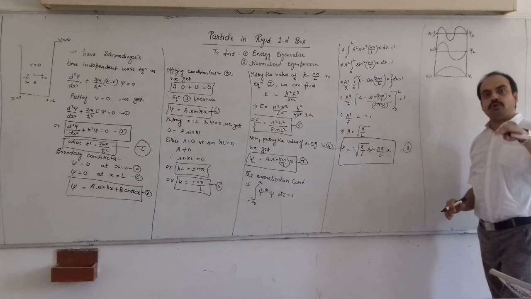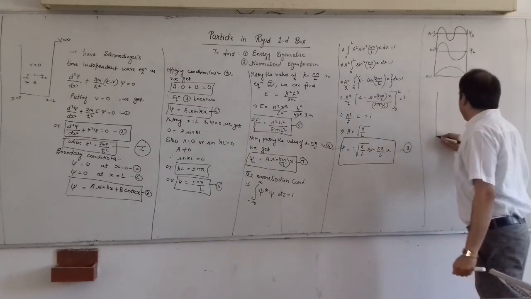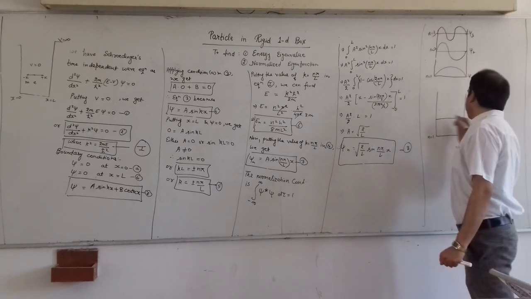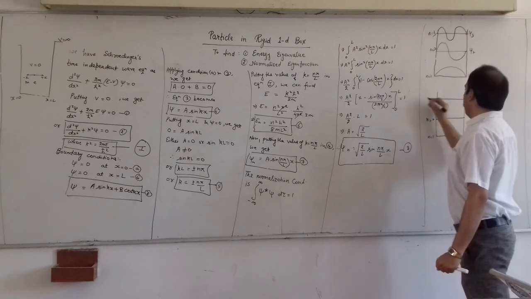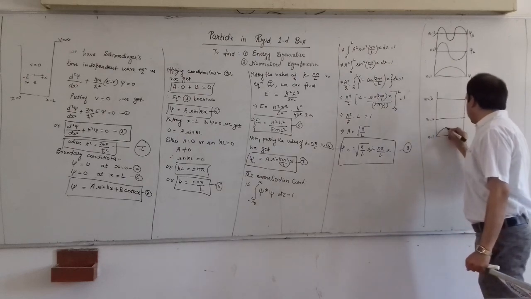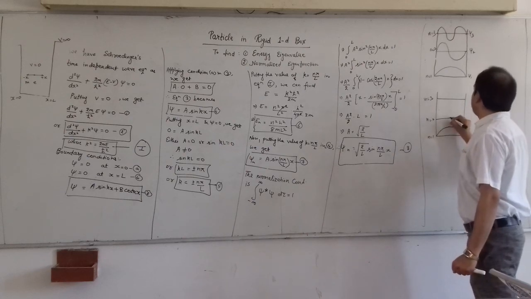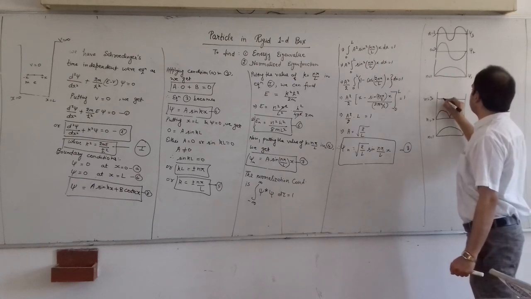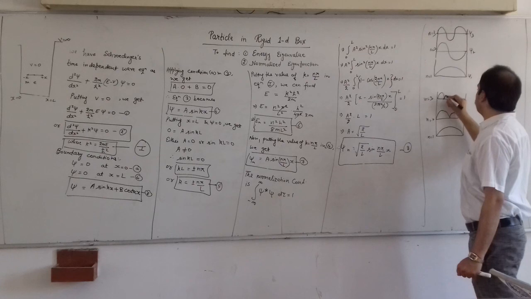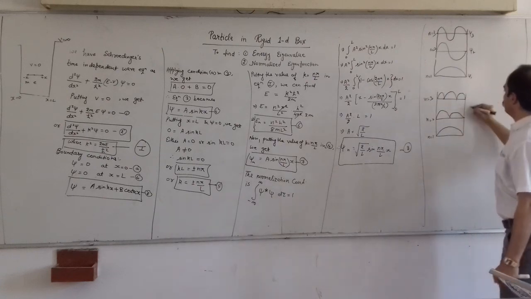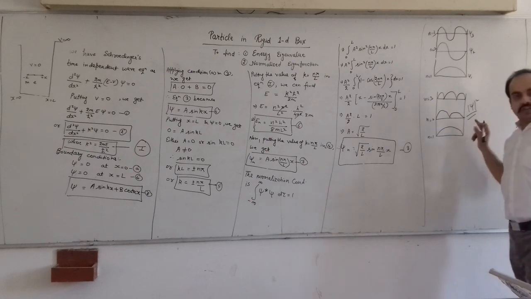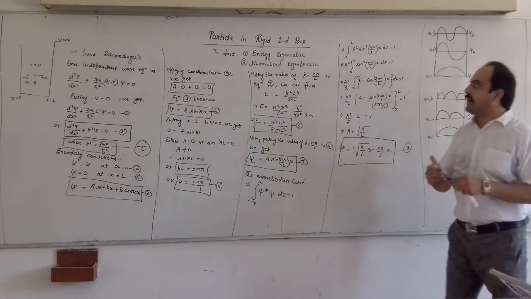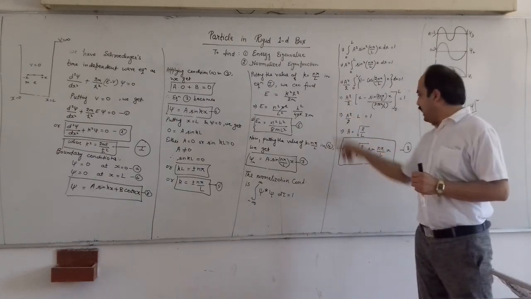And if you want to find out the probability curve, then we take the square. You know that psi square gives the probability, so we take n is equal to 1, say this is n is equal to 2, and say this is n equal to 3. Then our probability will be like this, psi square, and we will get positive terms, as the square will become positive. Here we will get 3 terms, 1, 2 and 3. We will divide the line into 3 parts, and we will get it like this. So this is our psi square, which gives the probability curve. This is for the normalized wave function, and hence we have found the energy eigenvalue and the normalized eigenfunction.